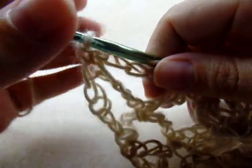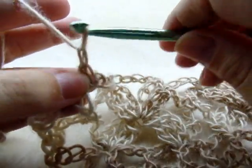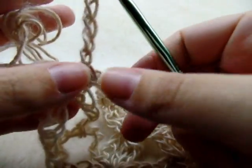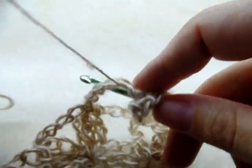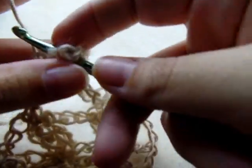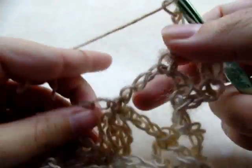Now we're going to start again. And it's kind of just repeating from here up again. So go ahead and start off with a chain of 5, which counts as a double crochet and a chain 2. So go ahead and turn your work. Now we're going to double crochet right through this chain space, double, right through it. Like that. And now we're going to chain 2, 1, 2, and then we're going to come to the next